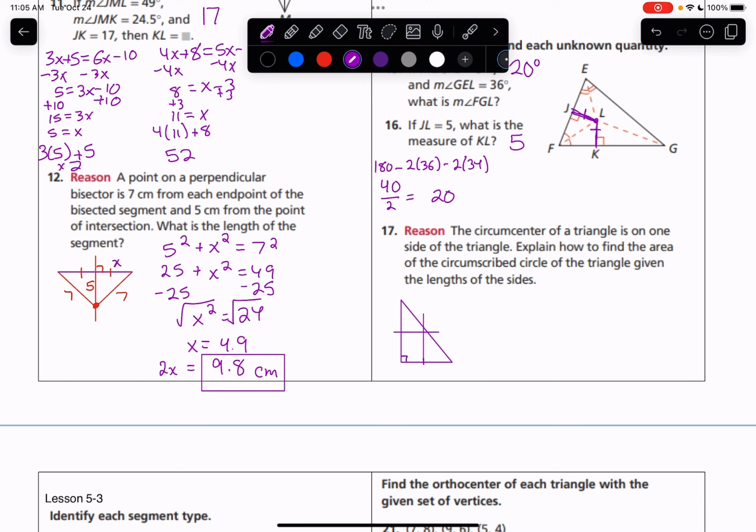It should be right on the right angle there. It says, explain how to find the area of the circumscribed circle of the triangle given the lengths of the sides. So if I know the length of this side right here, and I know the length of this side right here, then I would need to find the